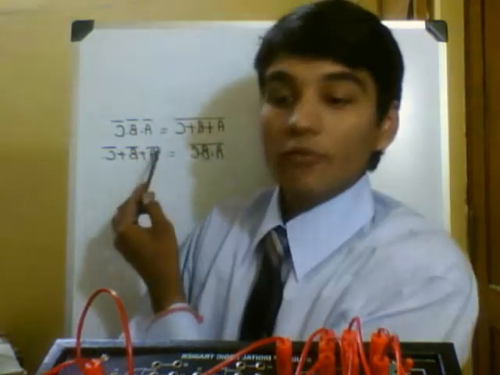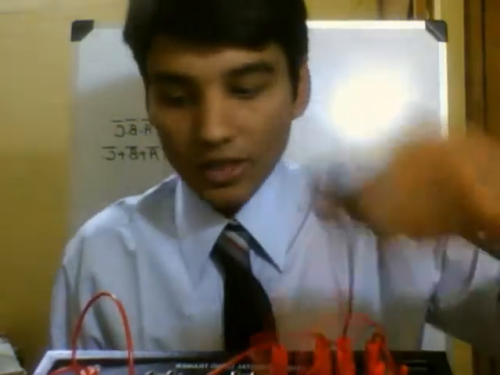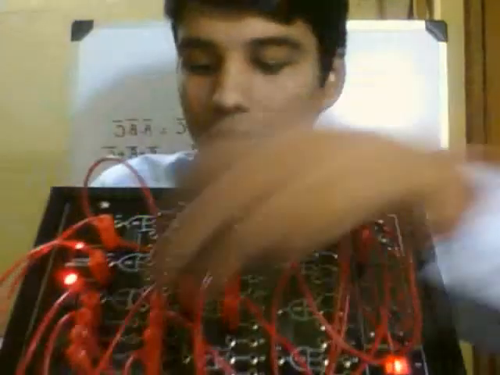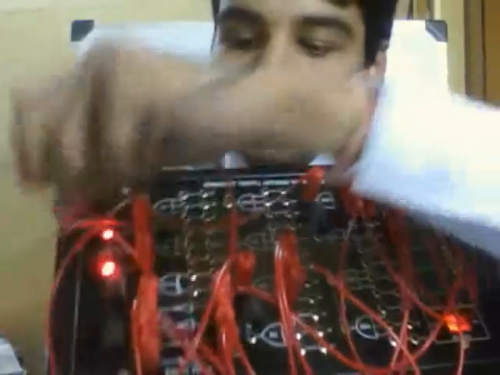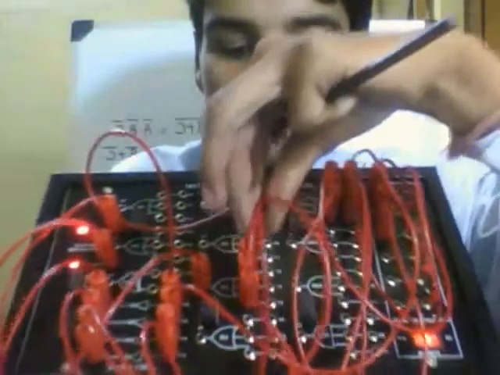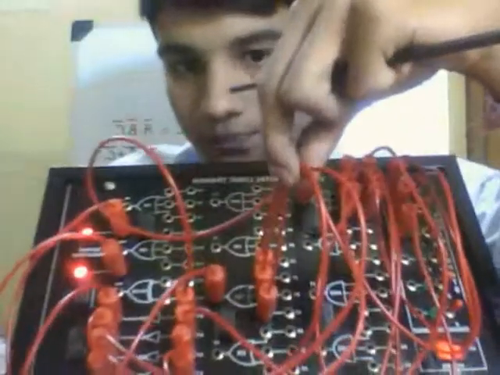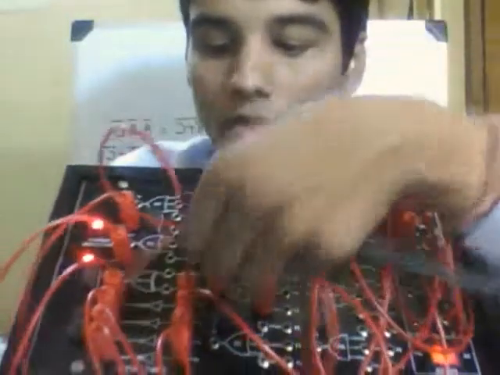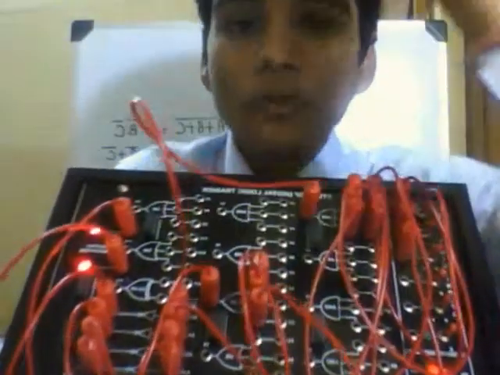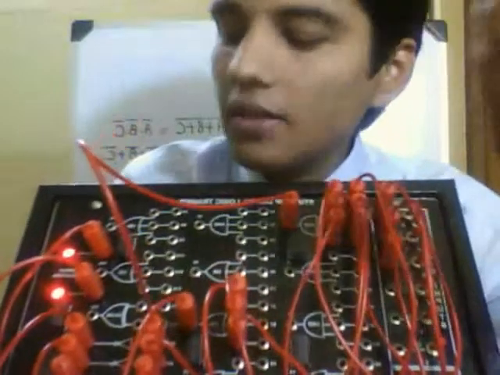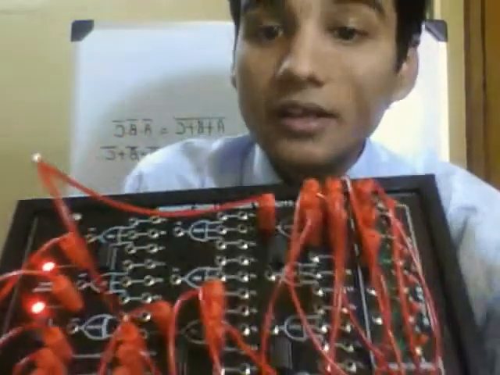That is, we should first send each input into a NOT gate, so we get A bar, B bar, and C bar. Then the outputs of those NOT gates, these three, are going to be the inputs for the OR gate. Now the output of this OR gate is being sent to what we call the output level indicator, depending on the person using the kit.